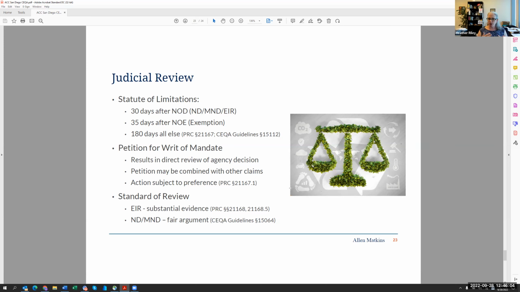It's very similar to an appeal in that there are no witnesses, there's no discovery. All of the information that was presented to the public agency on the day that they approve, everything in staff's files, is what your record is, your administrative record. So part of the litigation is putting together that world of evidence and getting it into a format that's easily digestible. Easily is absolutely in quotes.